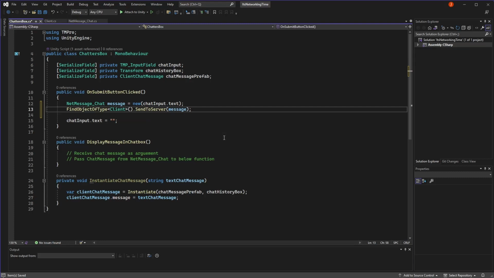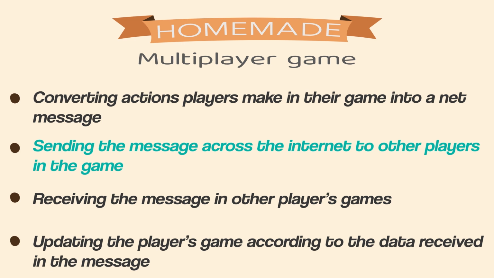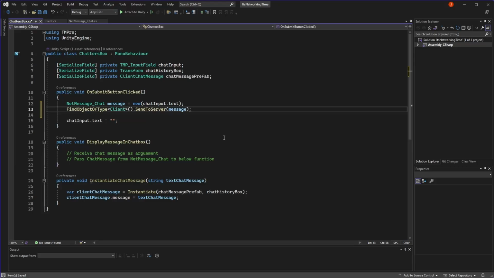I'm going to use FindObjectOfType a couple times in this demonstration, which is not great and should rarely be used, but I'm trying to keep things simple, so please don't savage me too hard for using it in the comments. Once we've done this, we've now handled all the logic necessary for step 2 by creating a way to send net messages across the internet to other players. Hopefully you're starting to see the value in using a networking library which handles all this malarkey for you. So now that we can send data from one game, we need a way of receiving that data in another game.